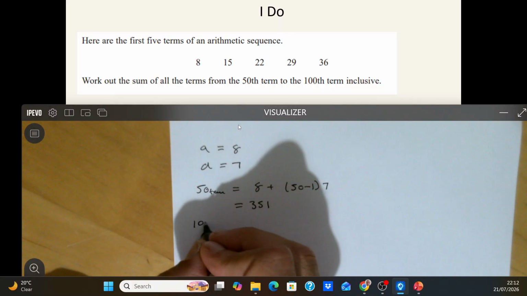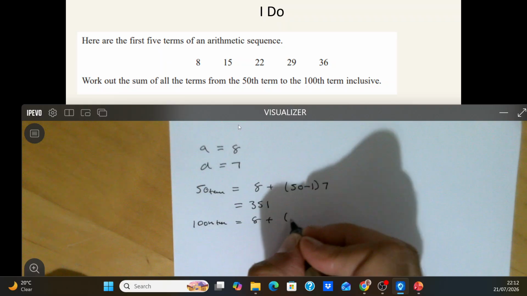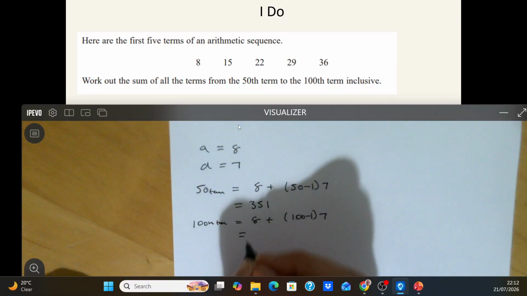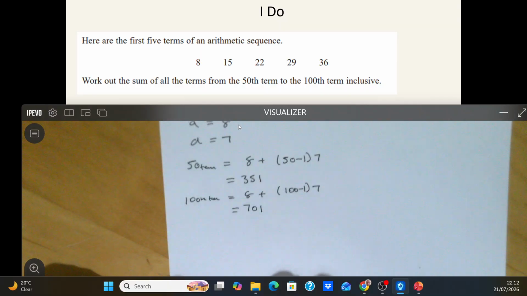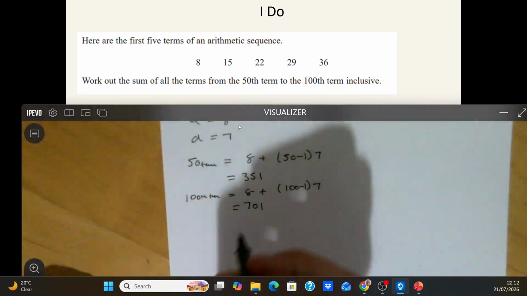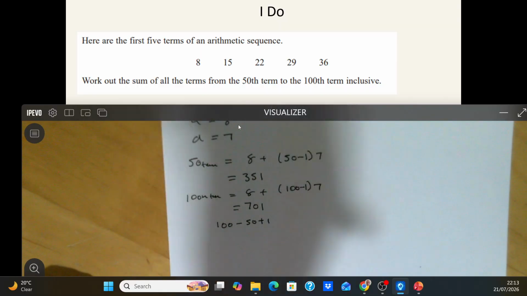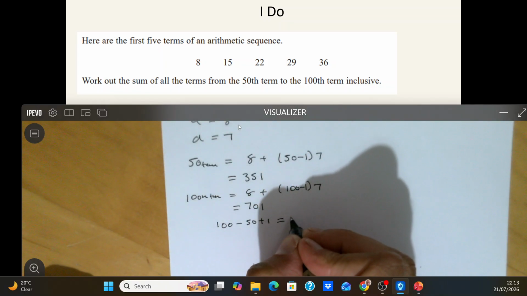I'll work out the 100th term, which is going to be 8 plus the number of terms minus 1 times by the difference. Put that in my calculator, 701. Now the number of terms is the 100th take away the 50 plus 1, because you need to remember about the overlapping of the terms, which gives me